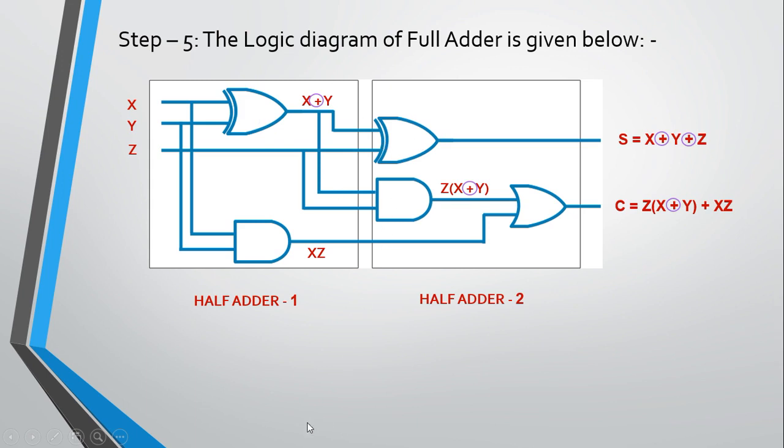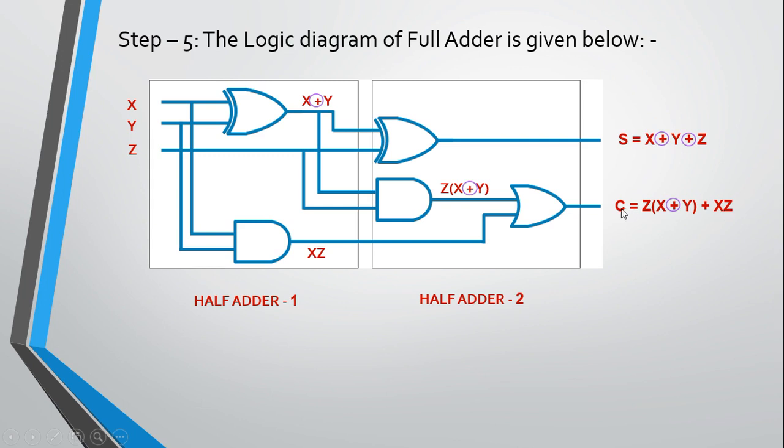Now we need to apply X into Z. So for performing X into Z, I need to take a cable from the variable X and I need to take a cable from the variable Z. Over here don't take this cable from Y, this is a little bit wrong. Instead of Y, you need to take a cable from Z. Be careful, right? So the output would be X into Z.